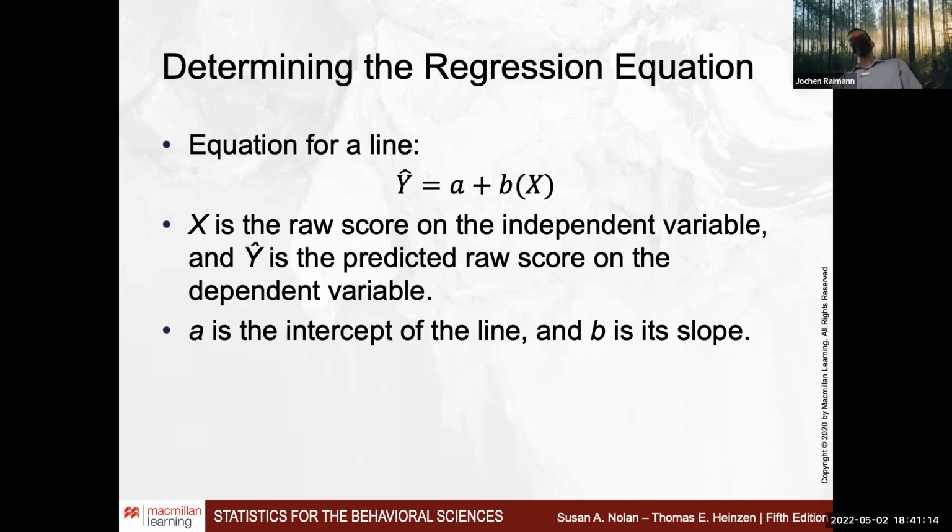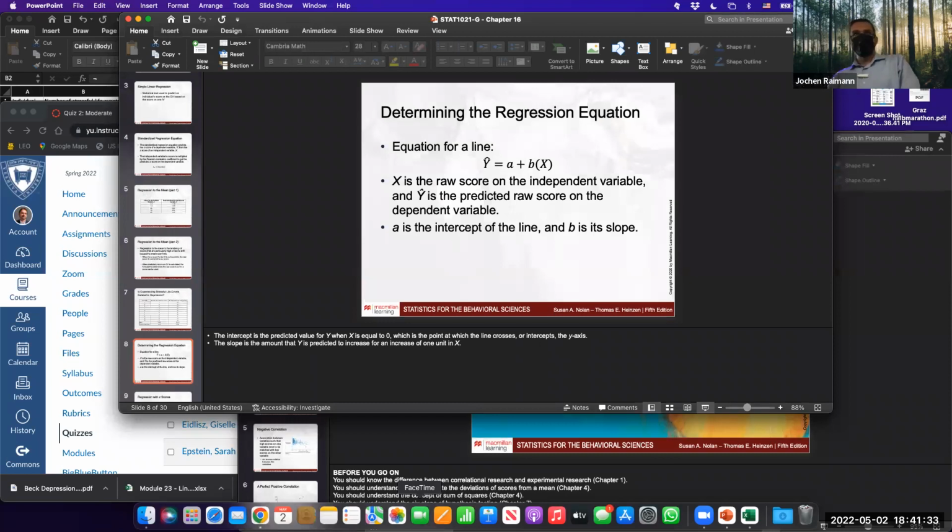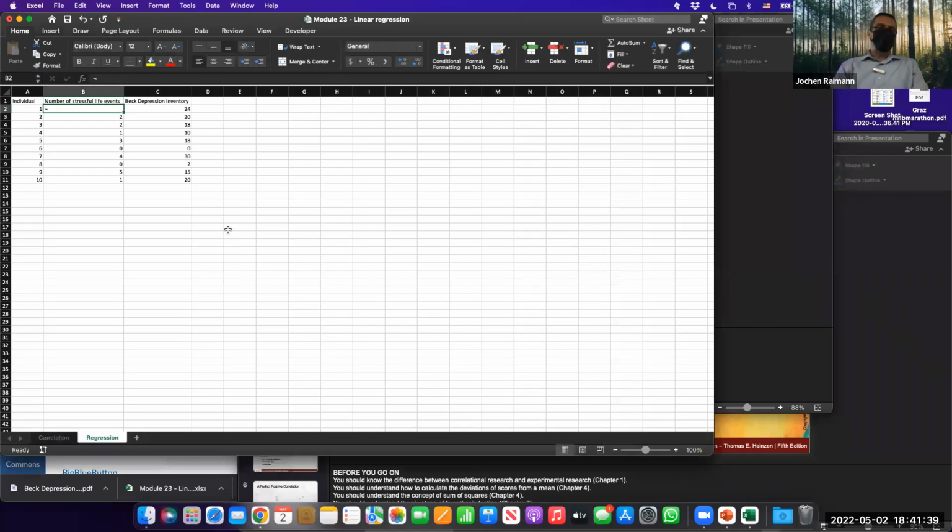What does the slope mean? The slope is basically an increase of your dependent variable with an increase of 1 on the independent variable. Meaning when you have stressful life events on the x-axis,